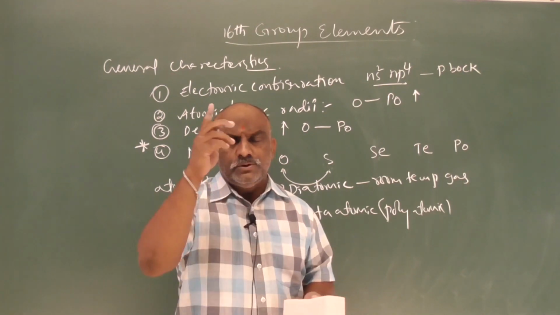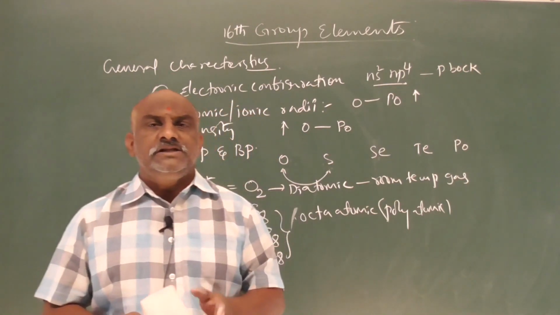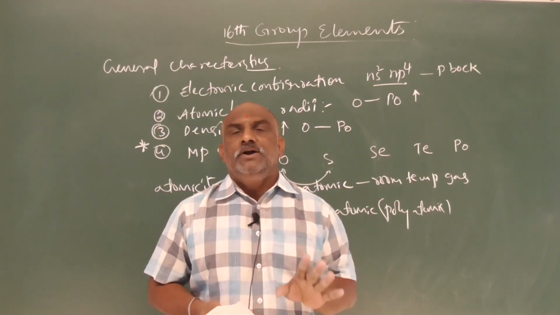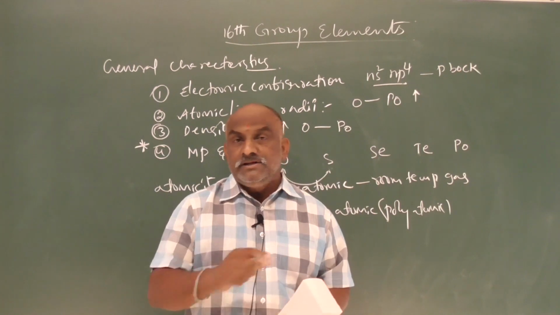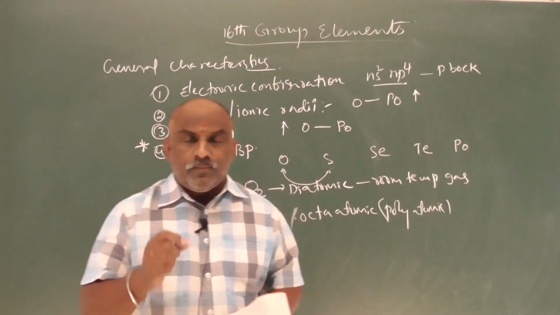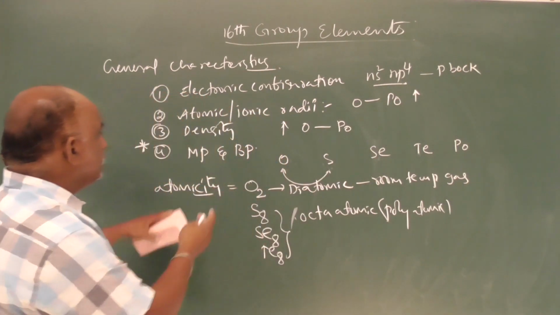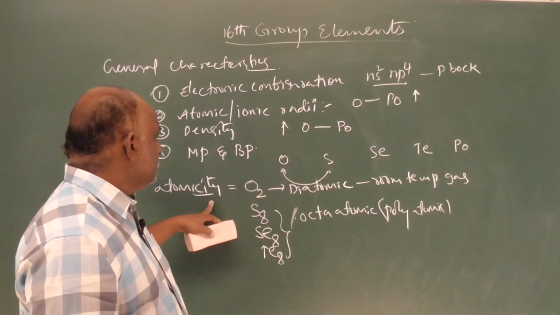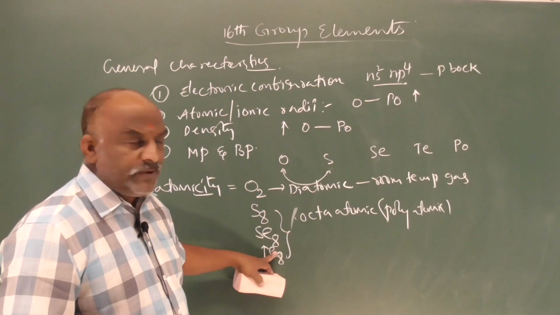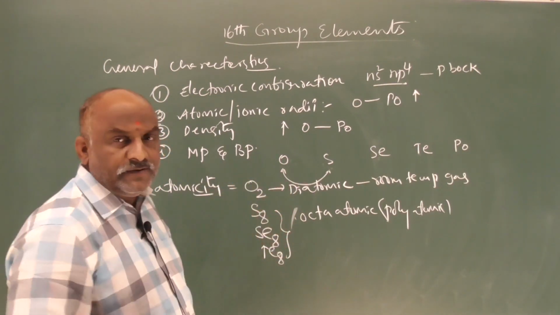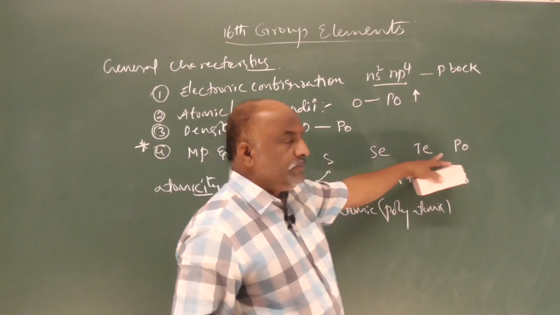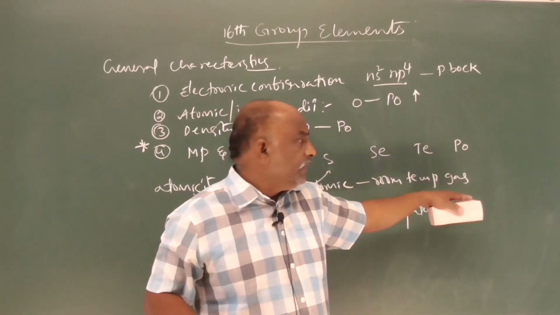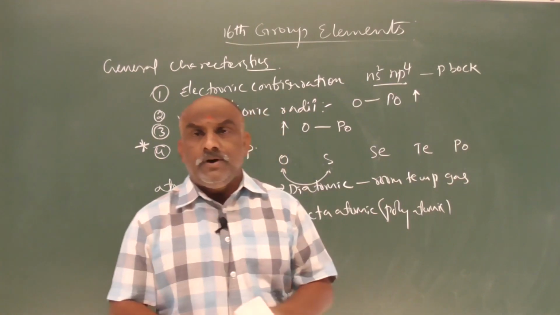Generally we know that down the group ionization potentials decrease, and across periods ionization potentials increase. We have to know that point. But once we compare, we will get some more points. So make a note of this: notice the melting point and boiling point. Oxygen is diatomic, the rest are octatomic, and polonium is a radioactive element. Polonium is obtained from pitchblende, as a natural decay product of uranium or thorium, and the half life of polonium is 13.8 days.